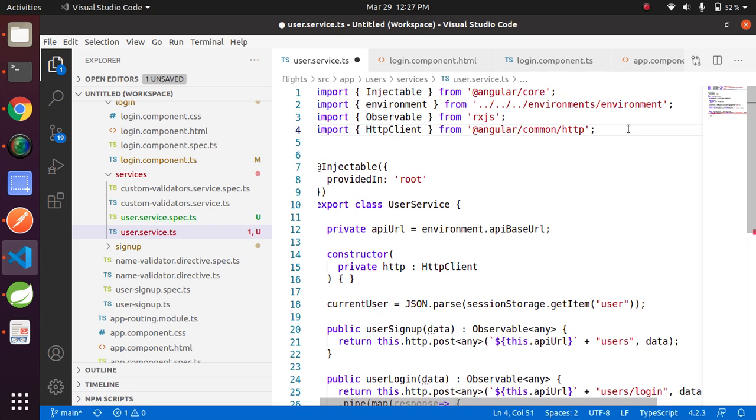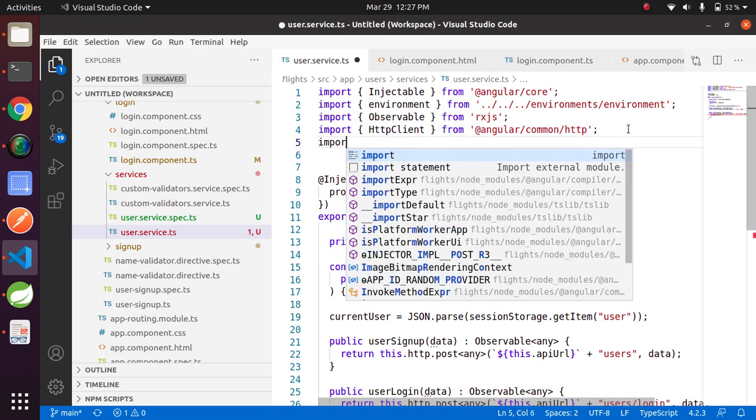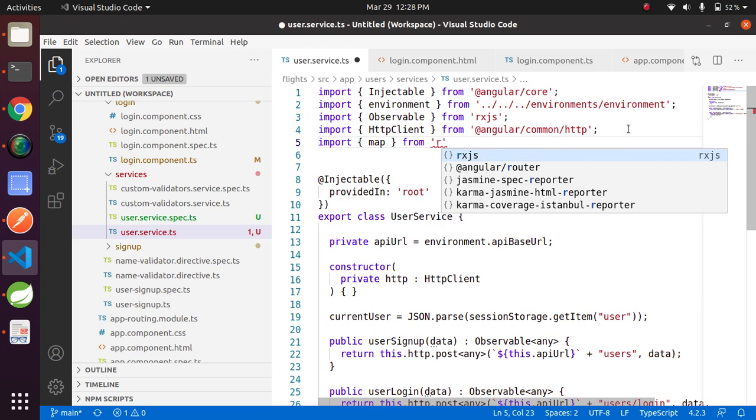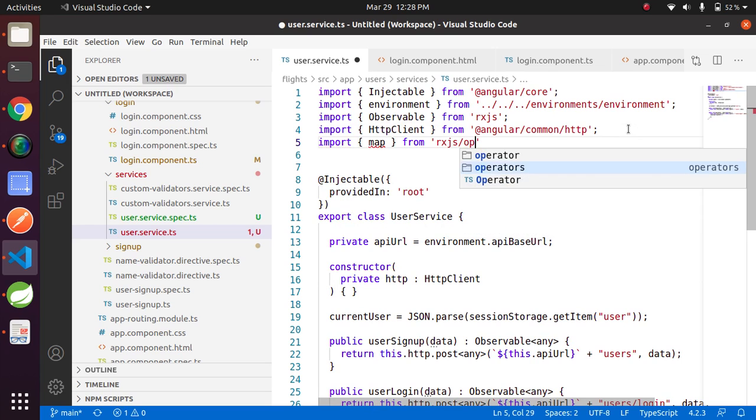Import map operator first, import map from RxJS operators.